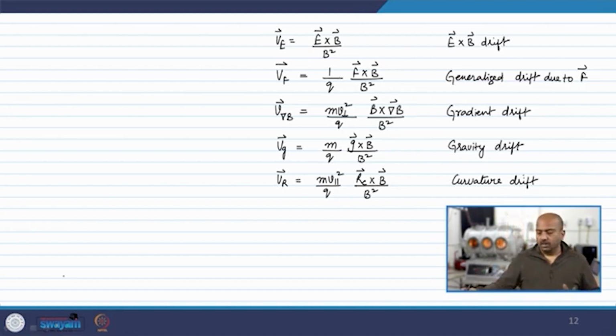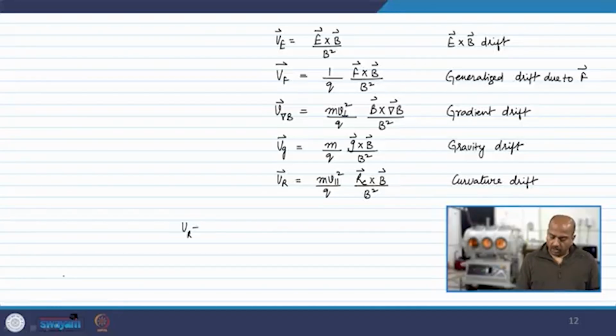So, why these things appear? All of this is already discussed in earlier videos, you can go and watch them, right. But this is the flow that we have maintained so far. We discussed how the E cross B drift will develop and how we can generalize the expression for generalized force. Then we put some inhomogeneity in space onto the magnetic field, and then we put some curvature which comes together actually into the magnetic field, and then we learned a mechanism by which we can combine these two expressions of gradient and curvature drifts, and we write in a simple expression which is called as the